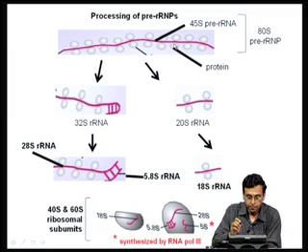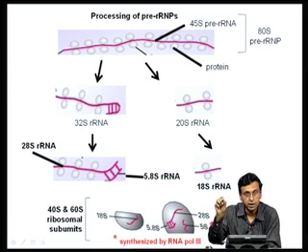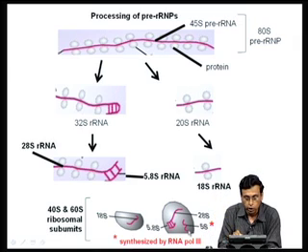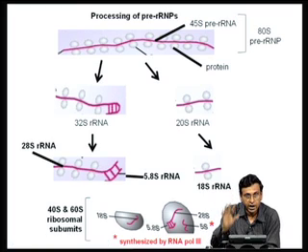Ultimately these 5.8S rRNA, 18S rRNA and 28S rRNA form the components of the ribosomal subunits. The 18S rRNA, for example, is a component of the 40S ribosomal subunit. The 28S and 5.8S rRNA form the components of the 60S ribosomal subunit. In addition, the 5S rRNA, synthesized by polymerase 3, also joins and becomes a component of the ribosome. So, of the RNA components of the ribosome, 3 of them come from ribosomal DNA and 1 of them comes from